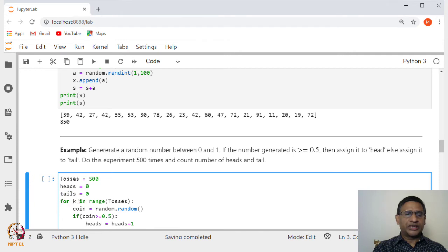Now, run a loop for k in range(tosses), that means it will generate 0 to 500, and then let us call the number coin, and this random number between 0 and 1 can be generated by using the function random from the random library.